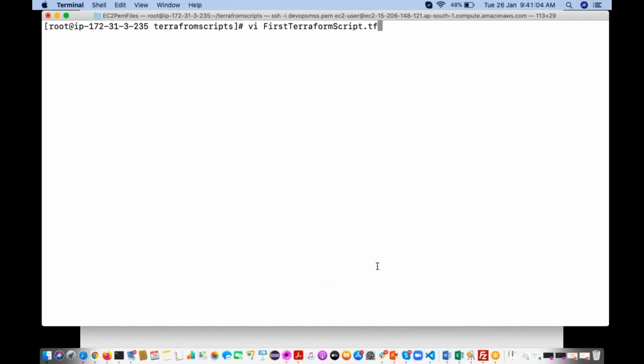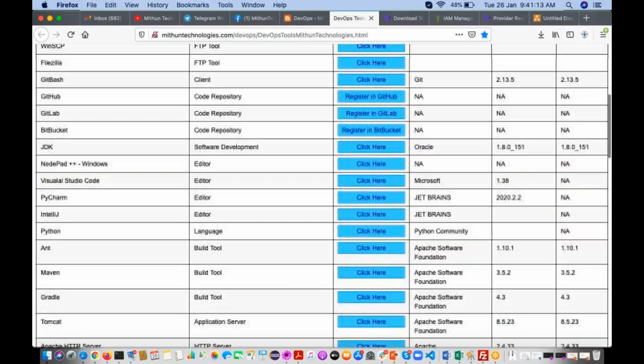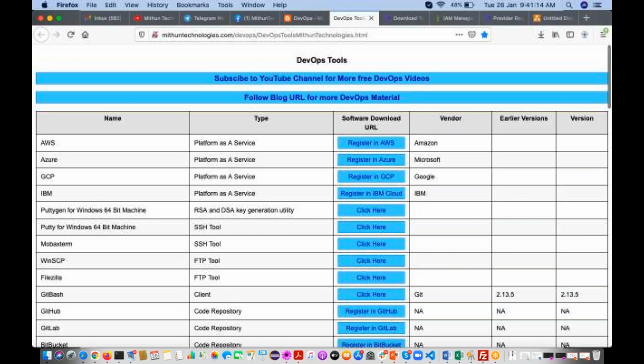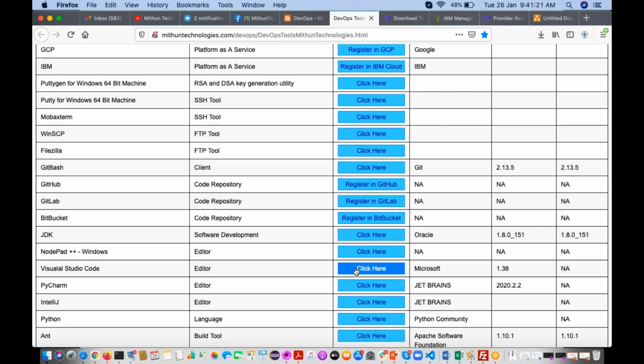If you haven't installed Visual Studio Code, just follow my URL. See here, there is an entry for downloading Visual Studio Code. Click on this one, it will take you there and you can download it.